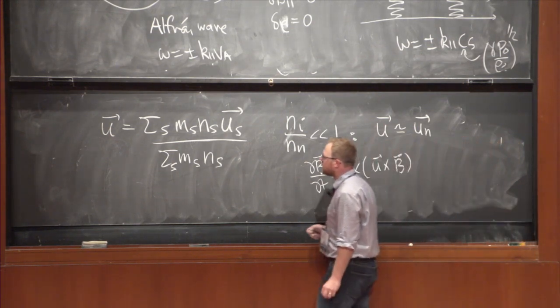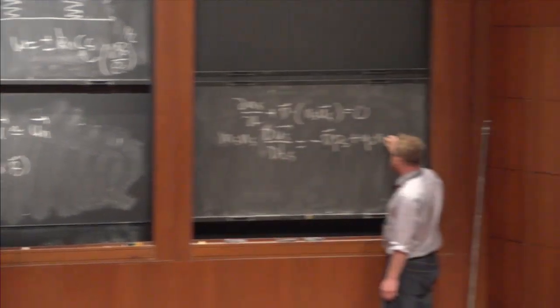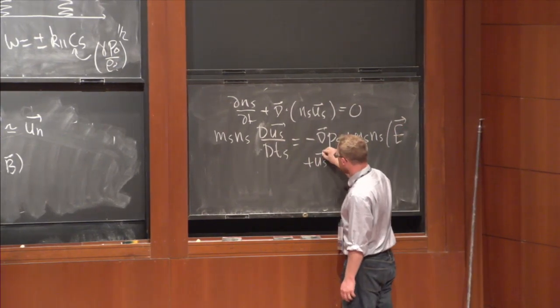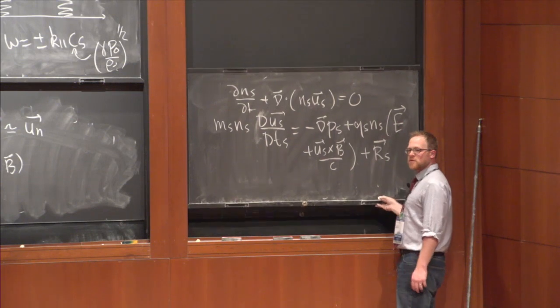So if you derive all of this from the Vlasov equation, the kinetic equation, which is done in the notes later, and I'll talk about this in the second lecture, what you'll find is that you have a continuity equation for each species, denoted by an S. I'll use the big D. You have a force equation for each species S.